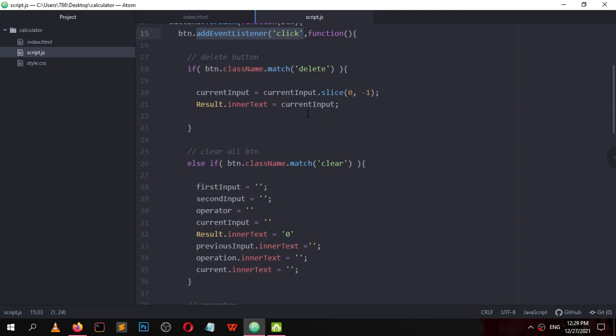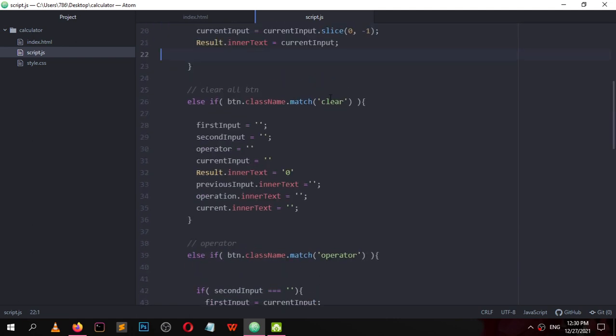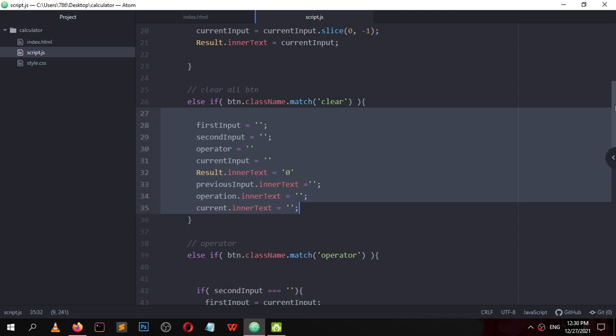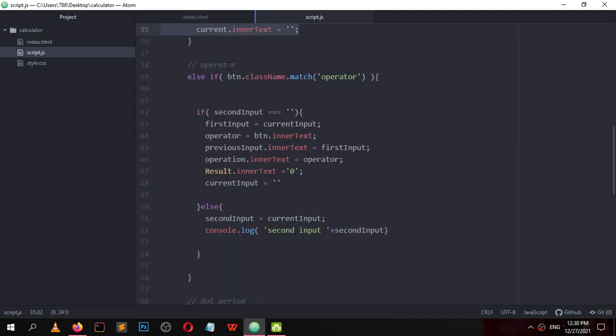Now for each button that is clicked, we are doing this if and else statement. If the button dot class name dot match this delete, so we are deleting the element, and so on. If it matches clear, we are clearing every input and every text inside this. And if the button clicked